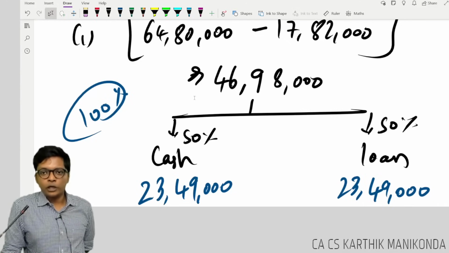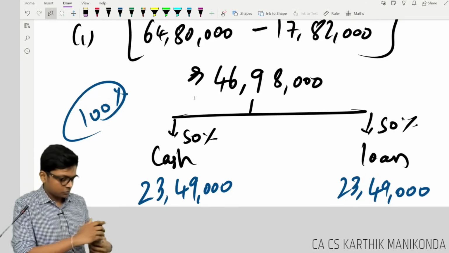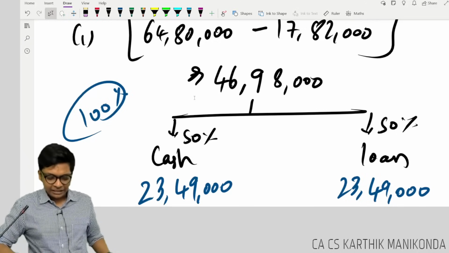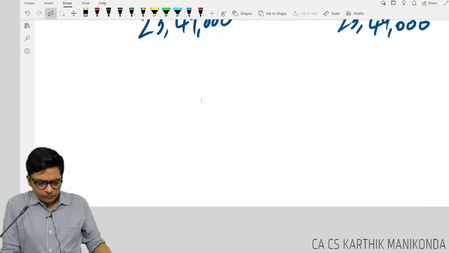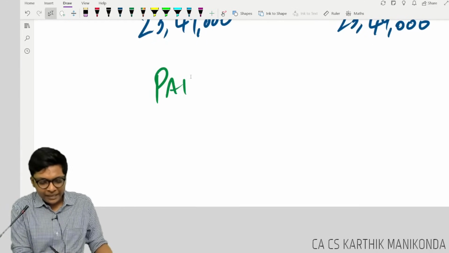Now I have to find goodwill or capital reserve. Those who are writing, quickly make a note. How much? 2 lakh 19,000 is Kalyan's goodwill. I will tell the logic. Tell me if you do the same thing. What I paid versus